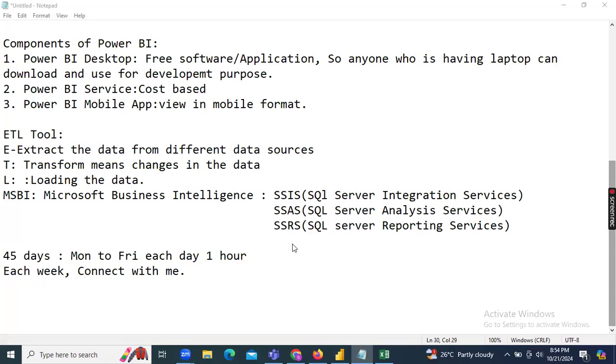But I assure you guys, you will learn Power BI here completely, end to end. Once you learn here, you will be able to solve any type of queries that come to you, in real time or in any kind of interview also. You will be able to answer 80 to 90%, I can assure you.